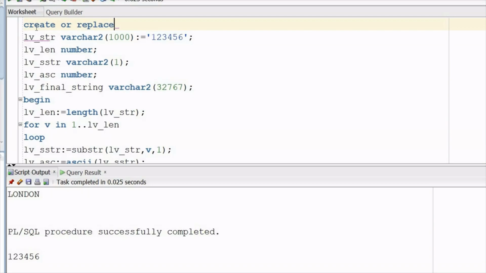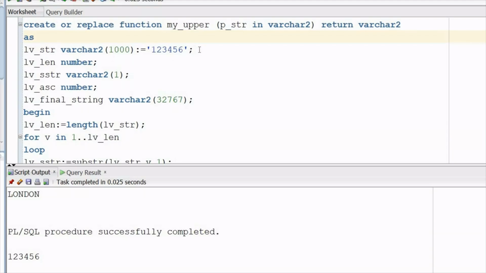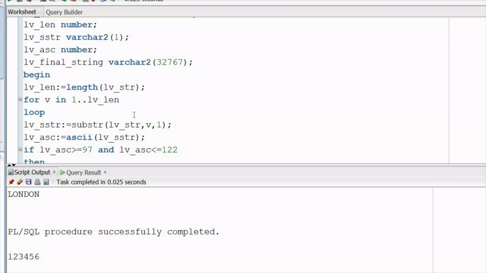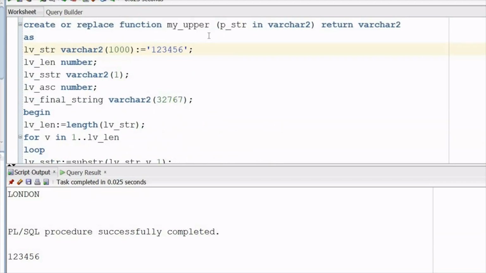Create or replace function myUpper, right? myUpper, and then maybe some string you will have to pass, right? So pstr in varchar2 return varchar2 as. Okay. So first of all, you don't need this one, lvstr. Where you are using the lvstr, actually you can use pstr, or what you can do, you can copy this thing over there